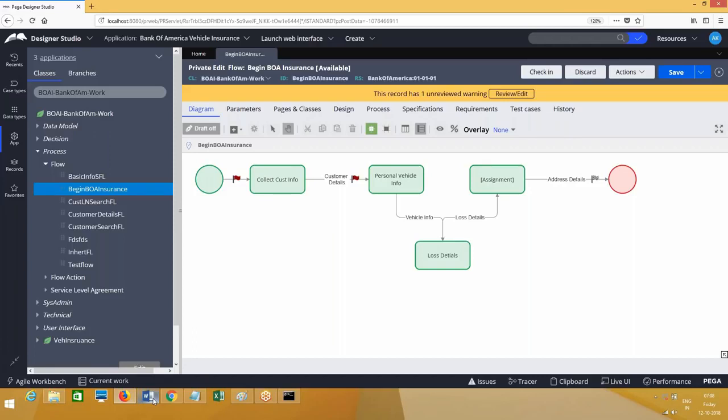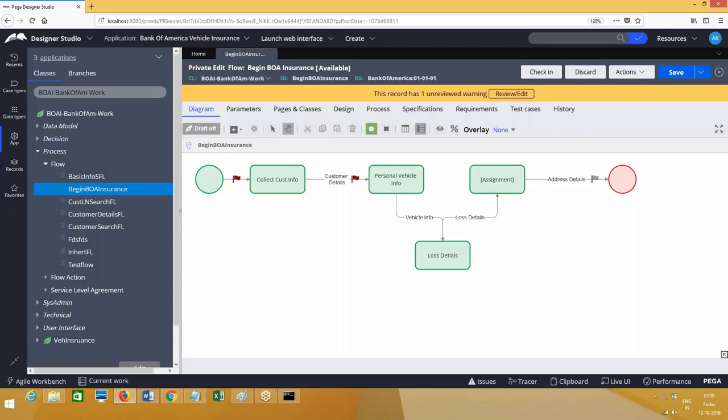Write down: if the vehicle is brand new, no need to check for the losses, and no need of manager approval. We don't have manager approval in this workflow, but let's leave it. In the case designer, I will show you manager approval later.